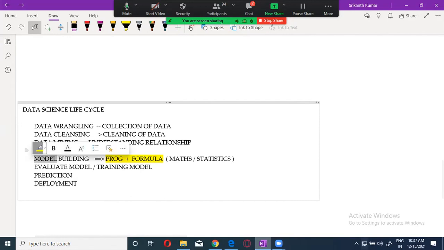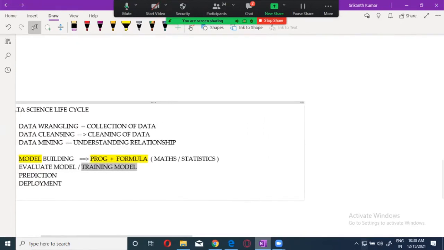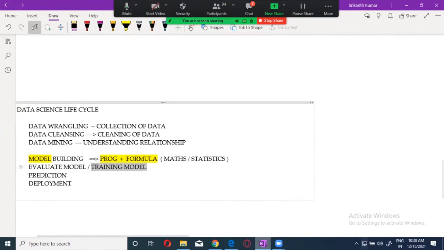So again, this process is very, very simple, guys, because the Python people made it very simple. Single line or two lines you have to use to prepare the model. That's it. It's not so difficult over there. After this, you are going to train the model. What do you mean by training the model? You are going to pass the data to the model to learn by itself.